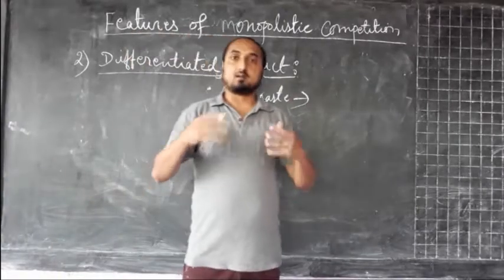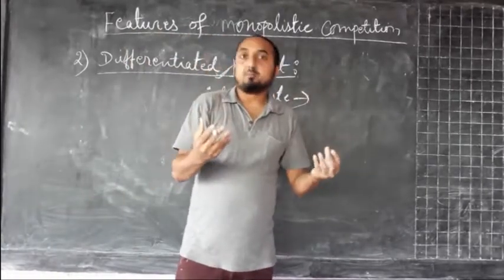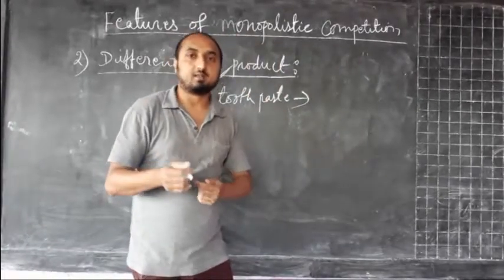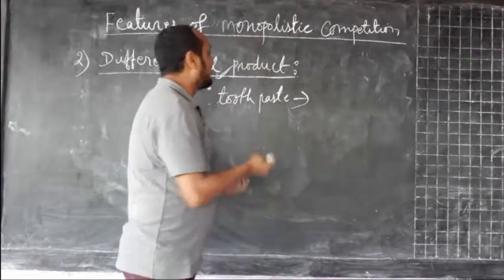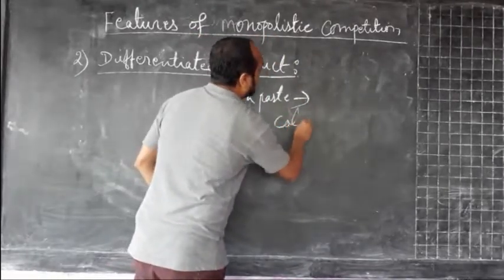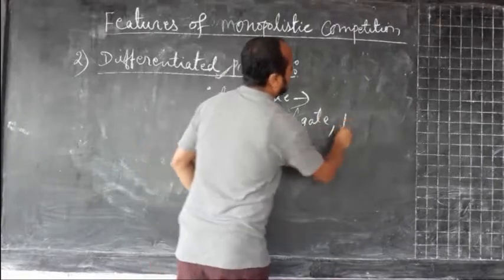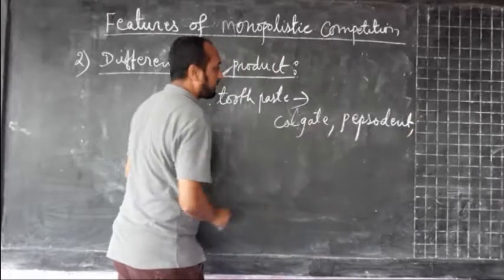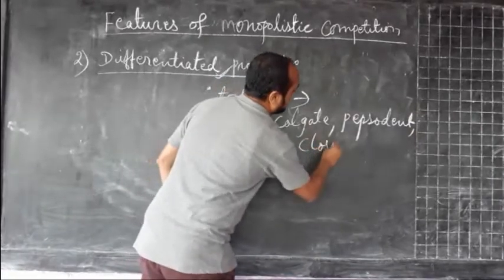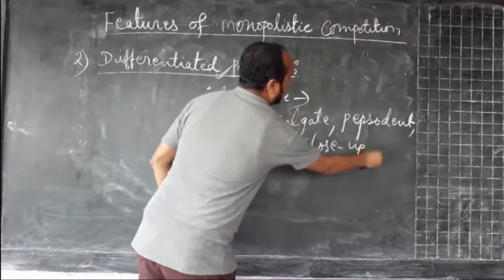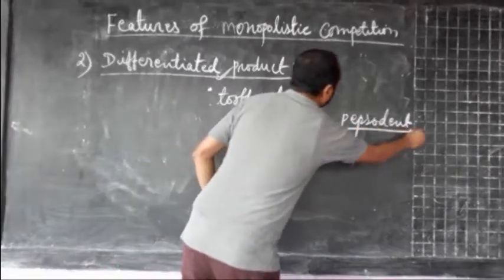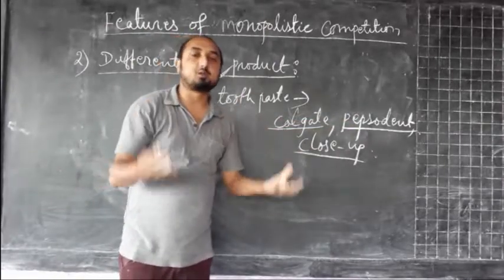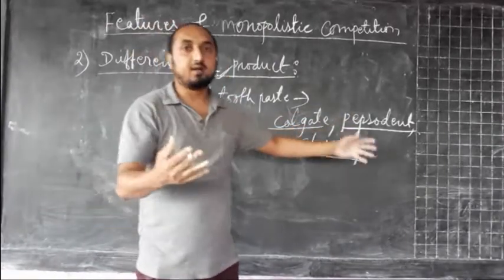We know that there are different brand products, but we are using that toothpaste for the same purpose, that is to clean our teeth. So that brand may be Colgate, Pepsodent, Closeup. So we can see that these three are differentiated products because the name, brand, trademark